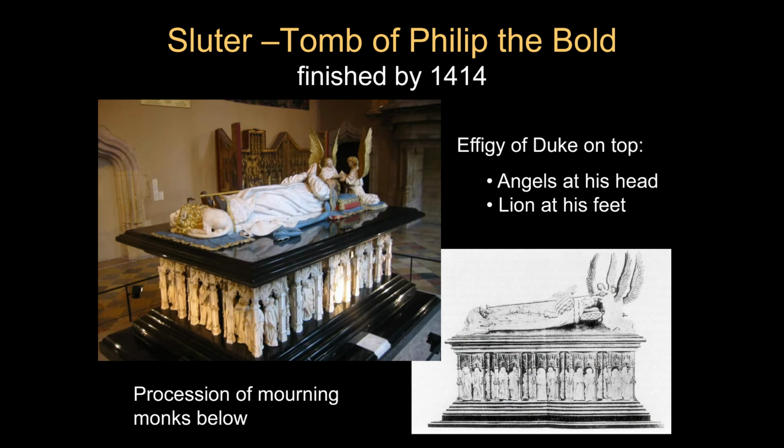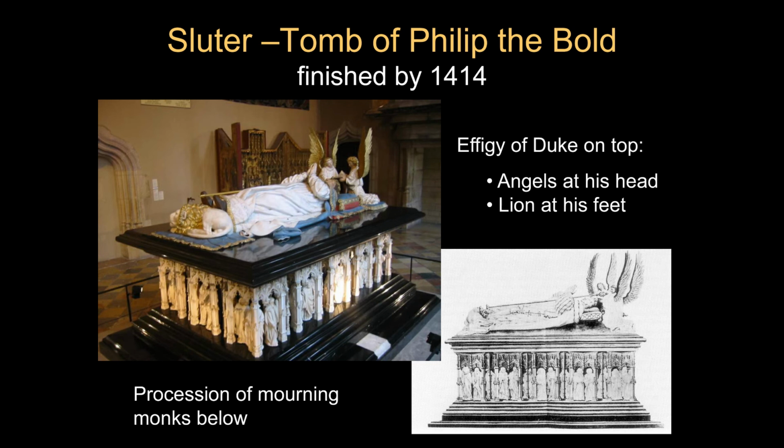Okay, as you can see, you have a sarcophagus, which essentially is a stone coffin, with an effigy of the Duke. He's lying there, his hands folded in prayer. There are angels at his head. There is a lion at his feet. It was very traditional in tomb effigies for the men to have lions at their feet. The women usually had dogs. Dogs were a symbol of fidelity, so it was showing how virtuous and faithful they were, and the lions were presumably showing how brave the men were.